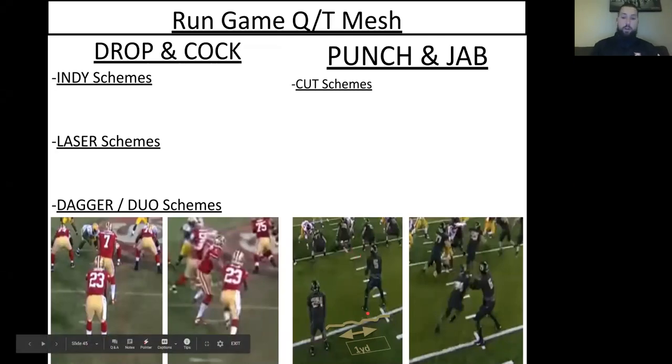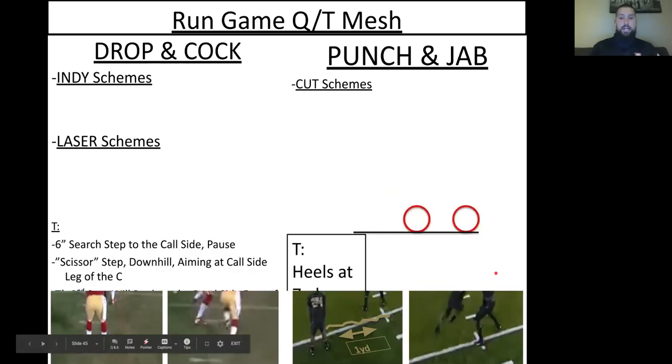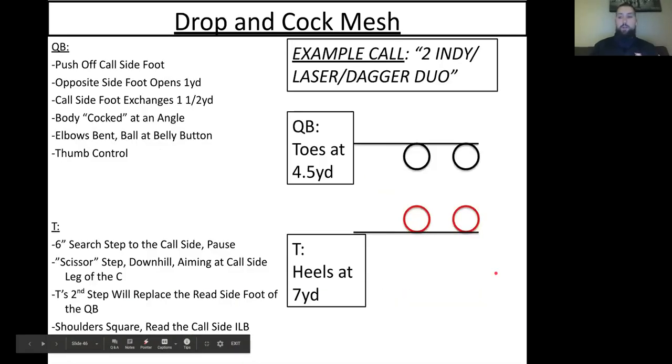We're just going to open. We're going to open our left foot here in this scenario and step with our right foot. We're not going to shuffle down into the mesh, right? Because if we want to pull it, we want to have enough depth to win with speed on that angle. Because sometimes you'll see some defensive ends that are more athletic than your quarterbacks. If you don't have a dude that's a cat back there, that's a big time athlete. So you want to give yourself space to win with angles, right? So that would be a look at the drop and cock footwork right there.